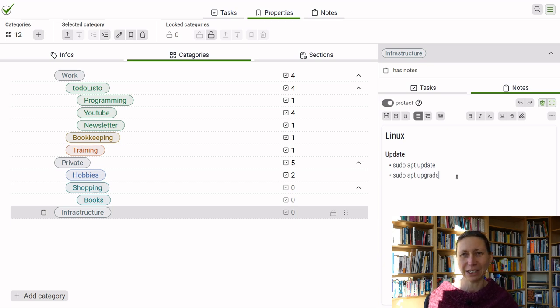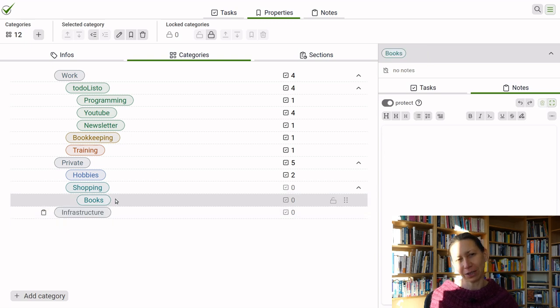This is of course a kind of misuse of Totolisto, as I said, because infrastructure is actually a category that I do have, but books would not be a category that I would usually use. So what I did on top was to create myself an info to make sure I know that this category is not a real category, so I don't try to delete it accidentally.